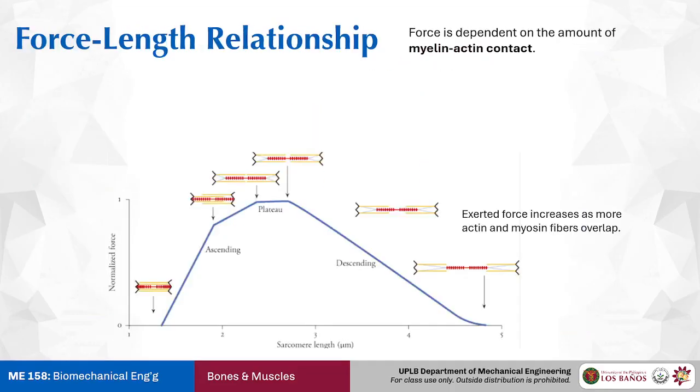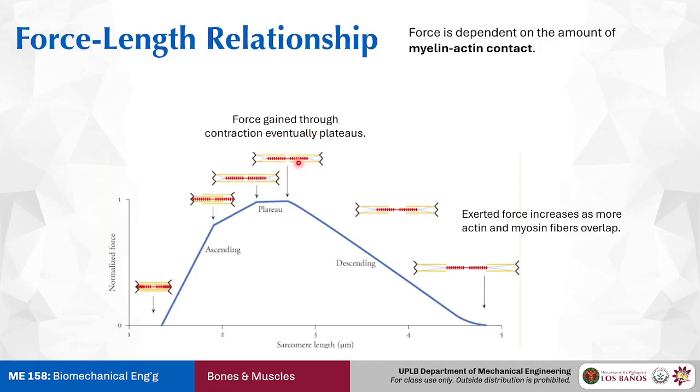But as the actin sheaths get contracted, as the actin moves closer to the myosin, more and more of the actin becomes available for the myosin to interact with. And because there's more actin to pull on, there's more force that can be transmitted. Eventually, you will get to a point wherein there is maximum contact between the actin and the myosin parts of your sarcomere. What happens then? Is this the maximum?